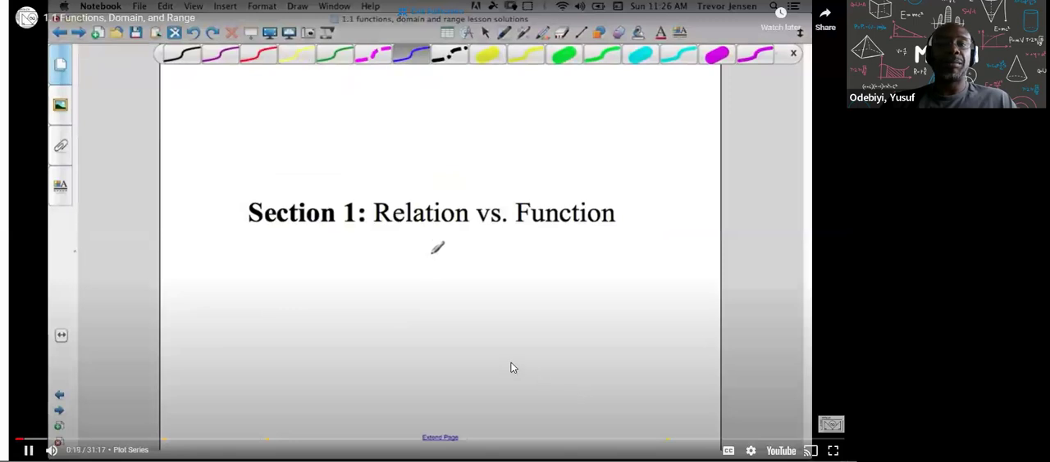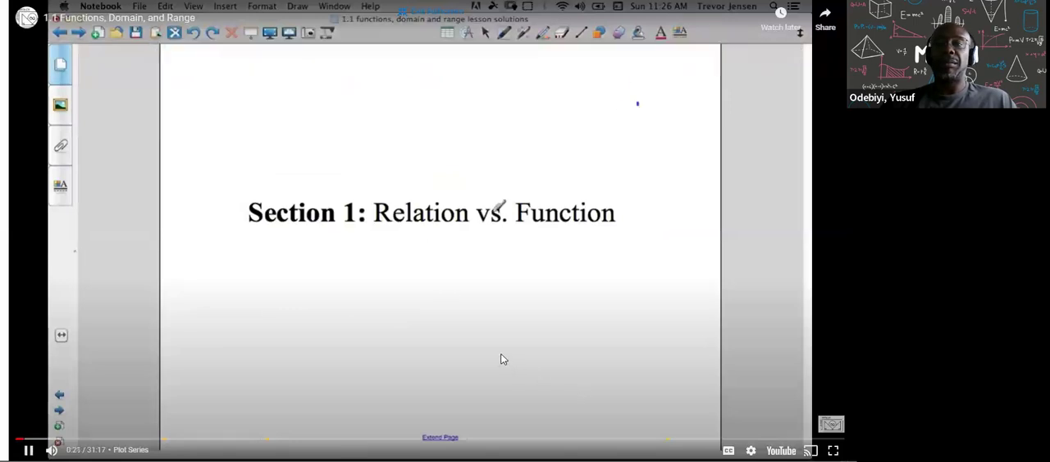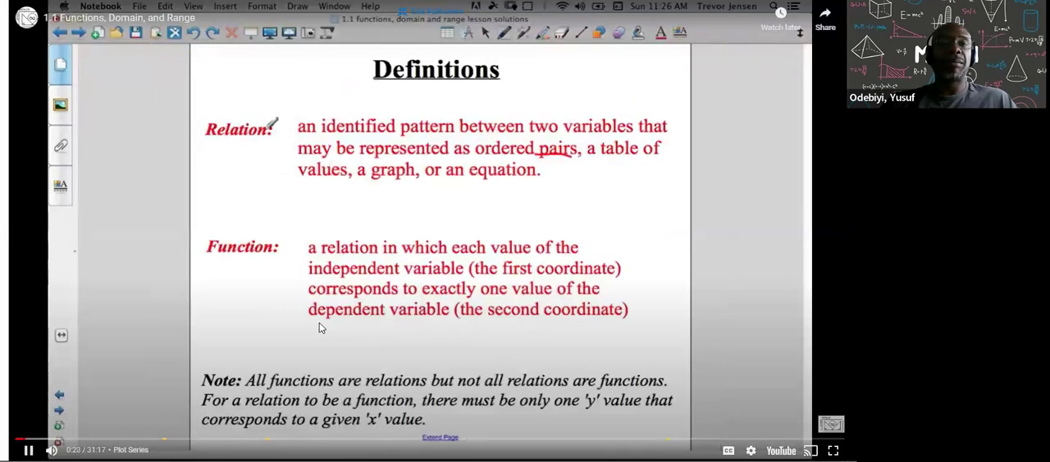So, start off with what's the difference between a relation and a function. So first things first, let's get the definition. Okay, so let me go kind of, pause here. So a function back in the day is basically,